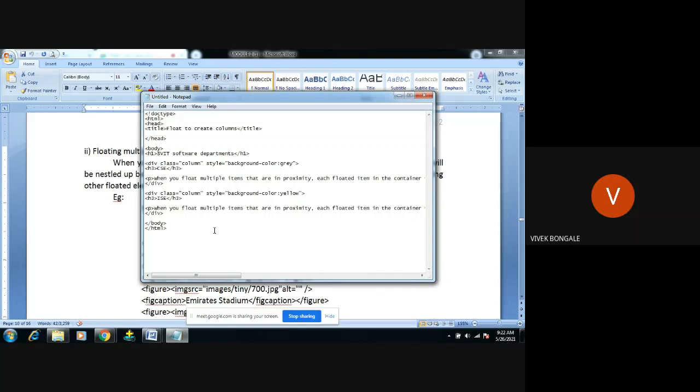Now it will create two columns, but we have to apply some style rules. I will show this one.